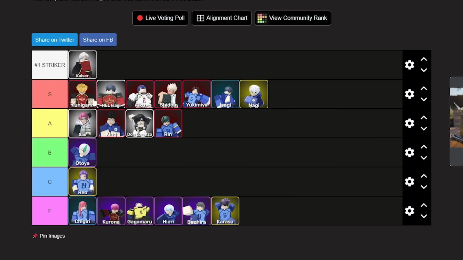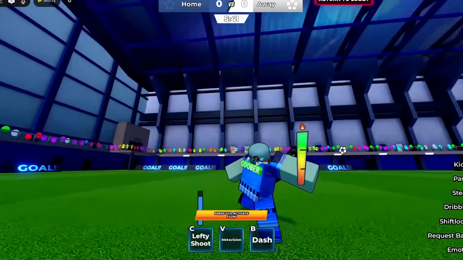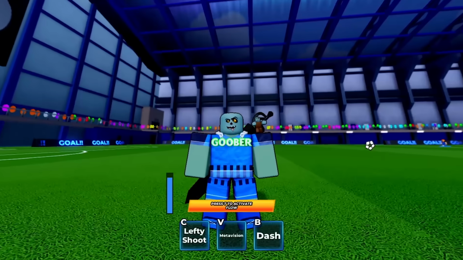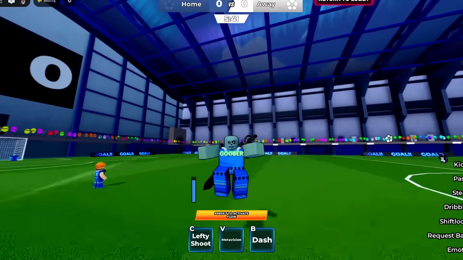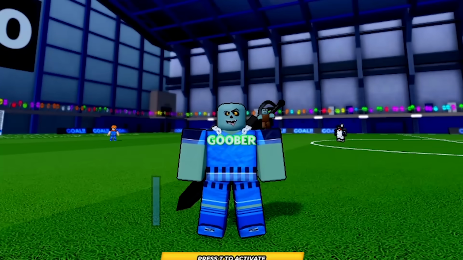We actually had 7 S tier, 4 A tier, 1 B and C tier, and 6 F tier. Honestly, those other characters that were in F tier that could pass the ball the entire field, that was pretty cool, but this is supposed to be strikers in shots, not passing. But at the end of the day, the number one shot in the game is Kaiser's